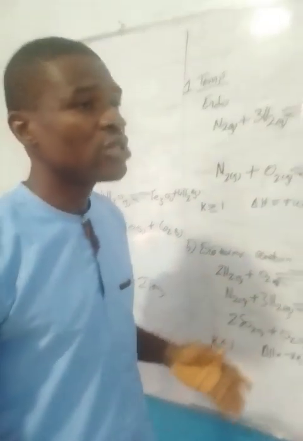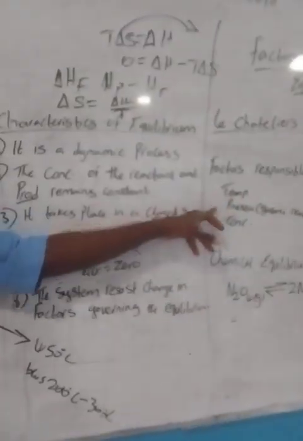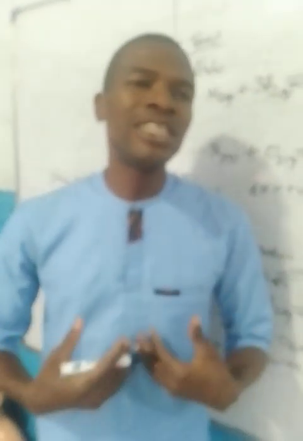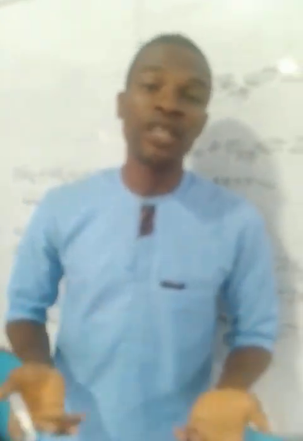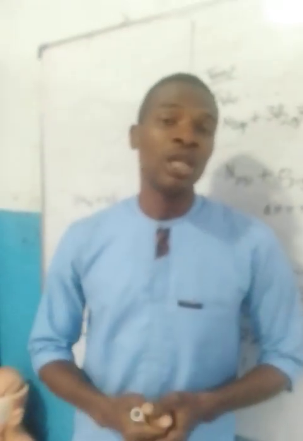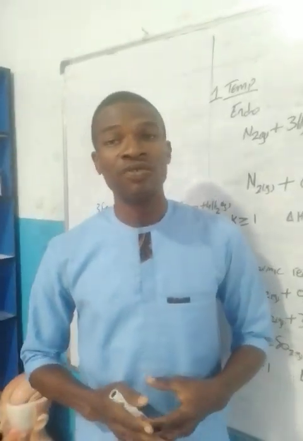We talk about temperature. There are 3 factors: temperature, pressure, and concentration. Under temperature, the reaction is either endothermic or exothermic. What do you mean by an endothermic reaction? It gives out the heat content of a chemical system. For an endothermic reaction, it gives out heat to the surrounding, and the reaction vessel is going to be hot. For an exothermic reaction, it absorbs heat from the surrounding. The reaction vessel is going to be very